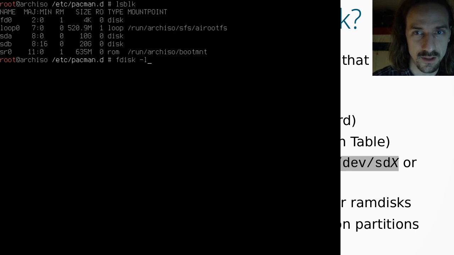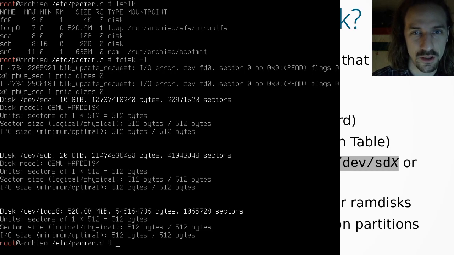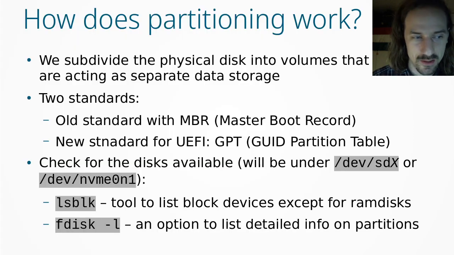The fdisk utility has this -l option. This gives you a little more detail on what is actually going on with these drives. Like the disk model is QEMU hard disk, you can see, and sector sizes. So these are more technical details about these disks that you might not be really interested in. Once we've checked out what the labels for our disks are, like SDX and NVMe 0 and 1 or something like that,